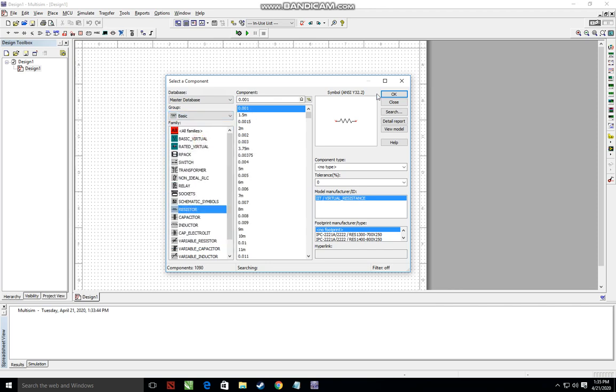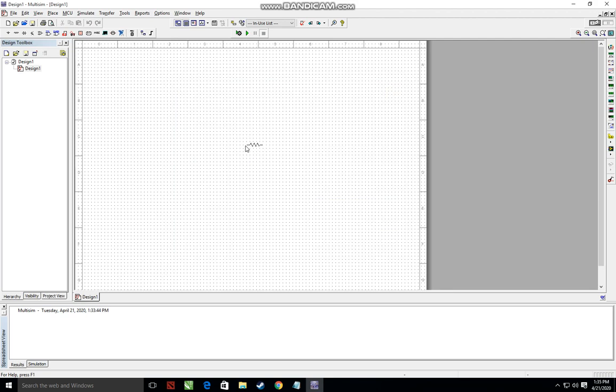This is a resistor. I'm placing a resistor here. The students know that there are two terminals of the resistor. And one thing, let me tell you, if I put the resistor on the desktop like this, actually we can call it a PCB, not a desktop. Now I want to change the value of the resistor.